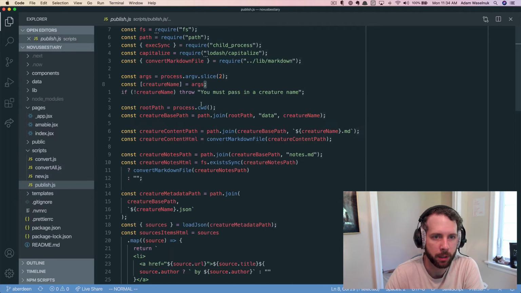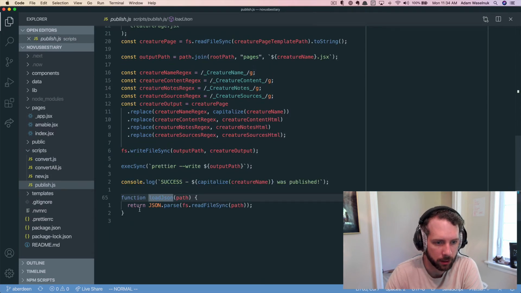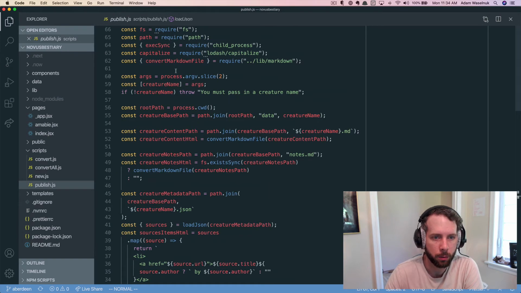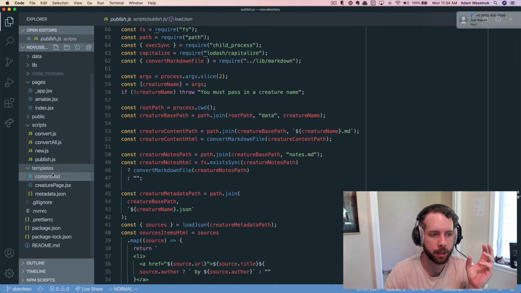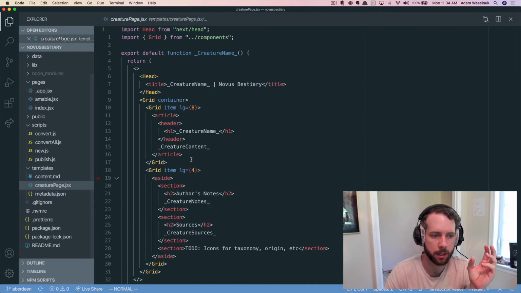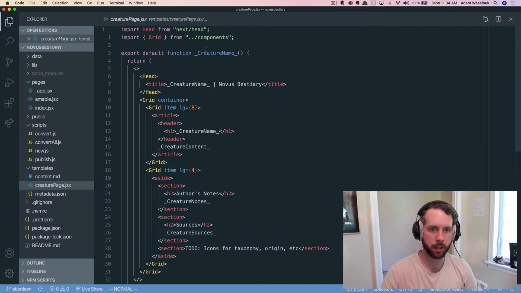And so what the publish script does, it's pretty straightforward. I'm at like 67 lines of code so far. It will process the Markdown file and then combine it with a template I created. So I have this templates folder, and I have one for the creature page. So the creature page templates are in JSX. So the publish script will go bring in the Markdown, convert it to HTML, and then plug it into this